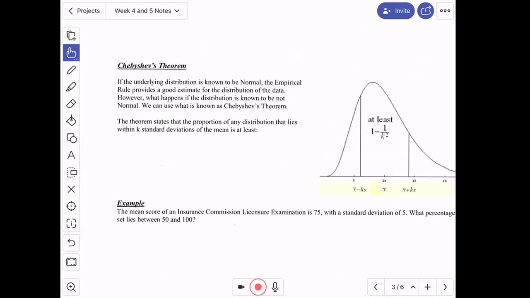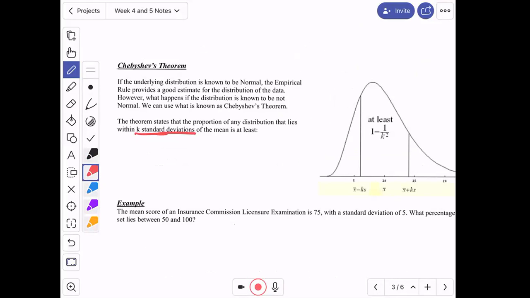If the underlying distribution is known to be normal, the empirical rule provides a good estimate for the distribution of the data. However, what happens if the distribution is known to be not normal? We can use this theorem. Here's what the theorem states. The proportion of any distribution that lies within k standard deviations of the mean